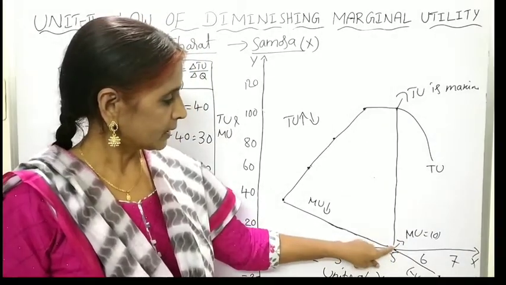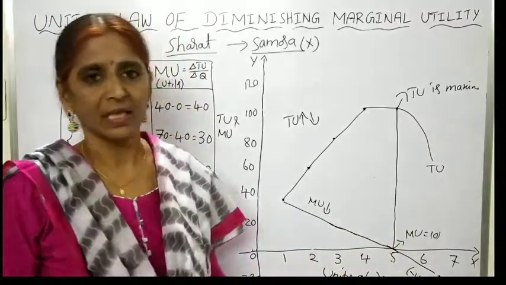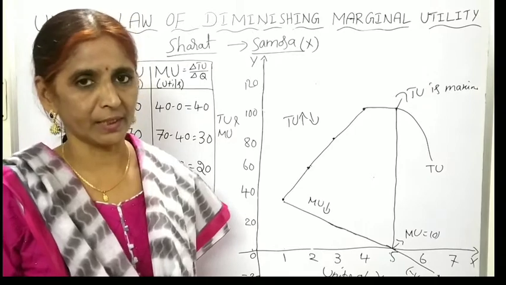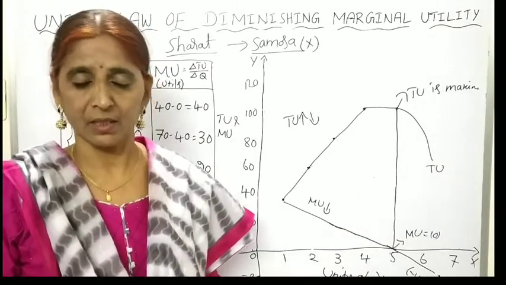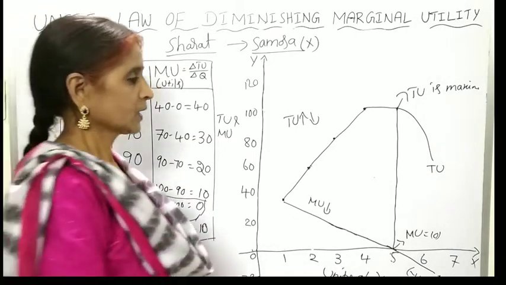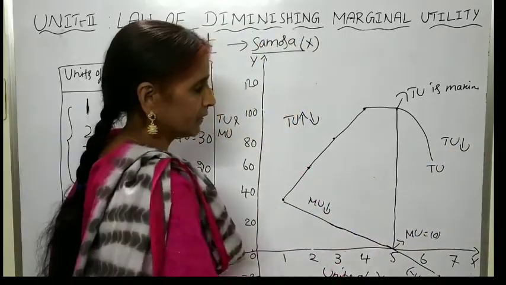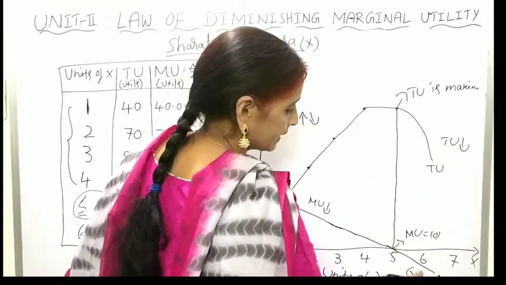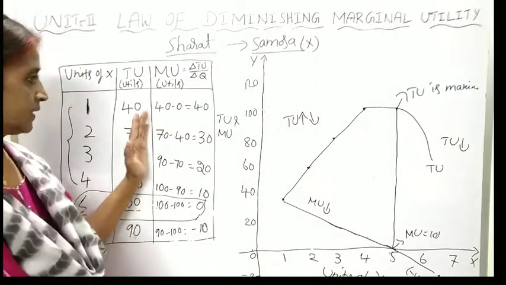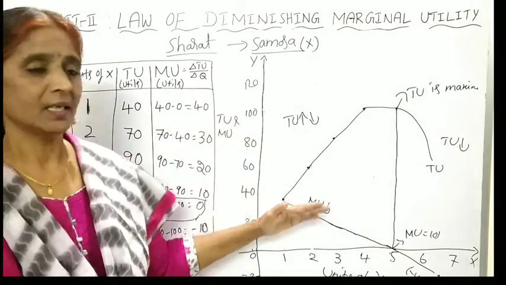So this point explains the consumer's equilibrium. Whenever TU is maximum and MU is 0, it indicates that the consumer is getting the maximum satisfaction by consuming the commodity. So he has to stop the consumption. Otherwise, if he continues the consumption of more units of the same good, after that in the third stage, TU will fall, TU will diminish. Okay, whenever TU is decreasing, at that time MU will become negative. So in this way, the fact which is explained by the schedule is also explained by the diagram.